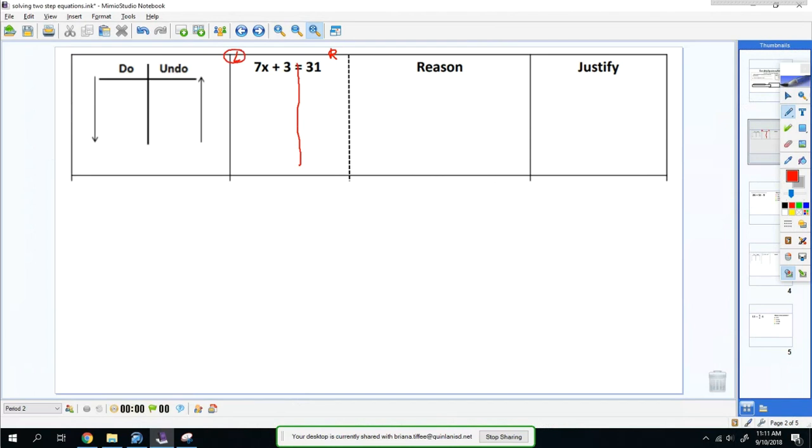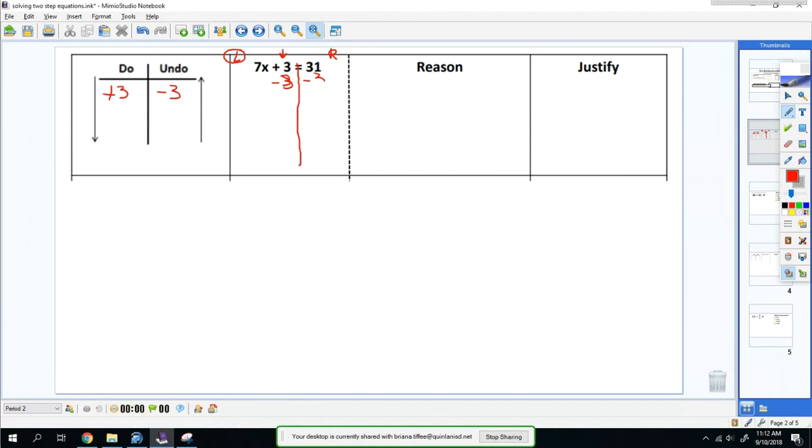The reason why I'm looking at the left side is because it has the variable, it has that letter x. So the number I'm going to look at will be the 3. I'm going to start with the 3 first because it has no letter. Okay? So the first thing I'm going to do, it says do, so we're doing 3, and the way we undo 3, well, since it's being added, you subtract it. So we undo it by subtracting. So we're going to subtract 3